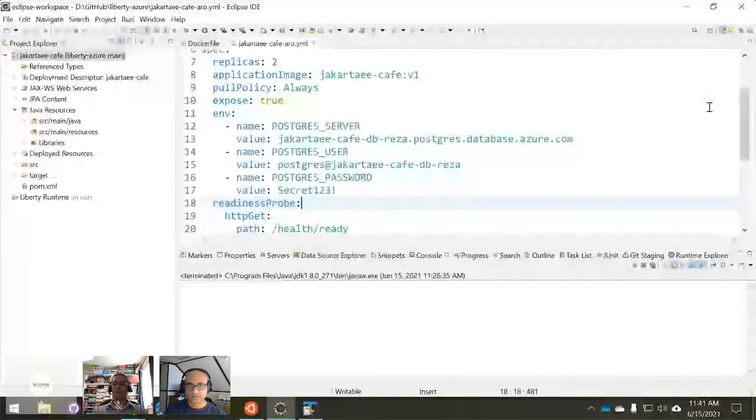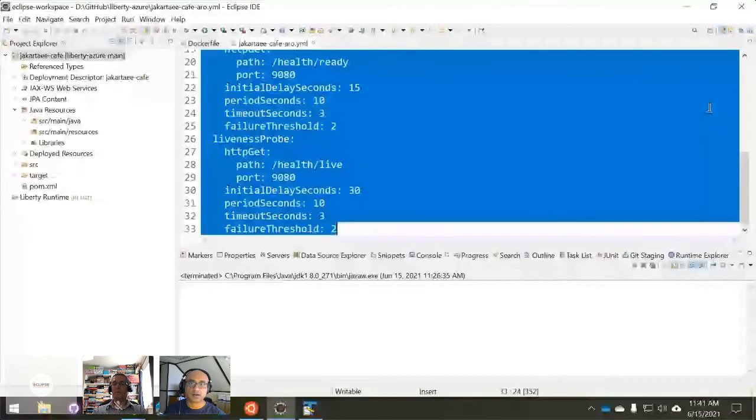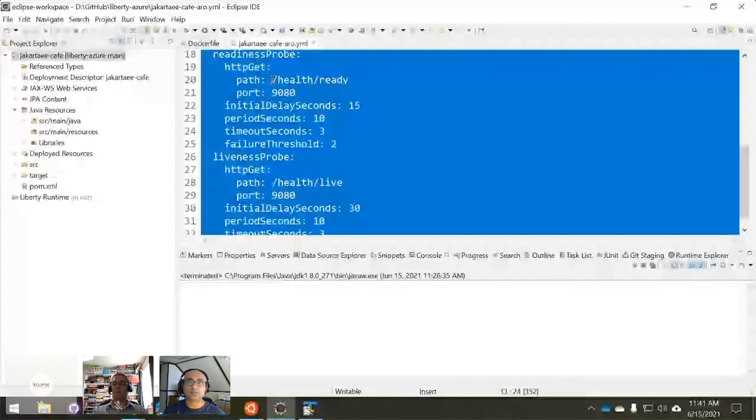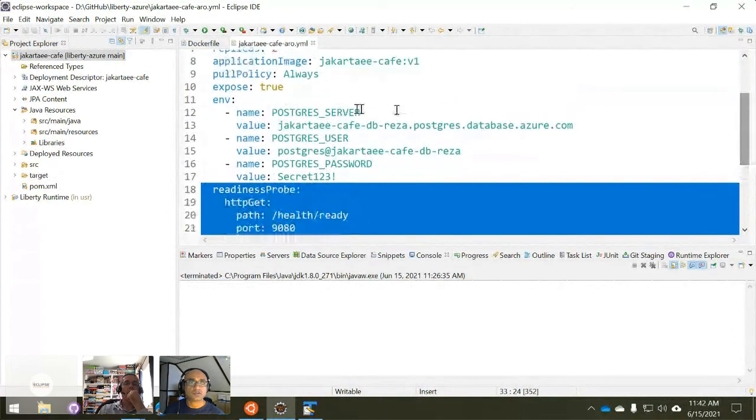And here is where I have the readiness and liveness probes configured. You'll see that I'm actually reading the MicroProfile health endpoint APIs. So if anything goes wrong with the server, it will show up through the health probes, and the OpenShift and Kubernetes runtime will handle it appropriately. It'll make sure that requests don't get routed to an unhealthy endpoint, or if a pod needs to be restarted, it's going to go ahead and restart the pods. That's what all this configuration is essentially about, and you can tune things like initial delays and timeouts and so on and so forth. So let's just copy this over,